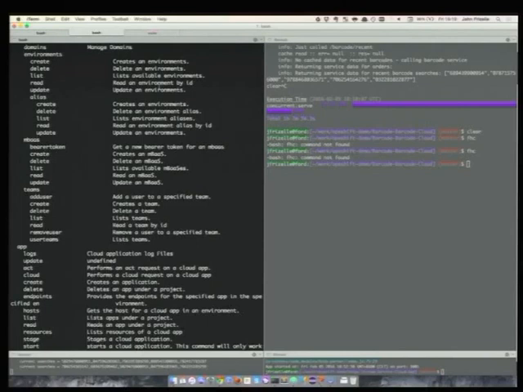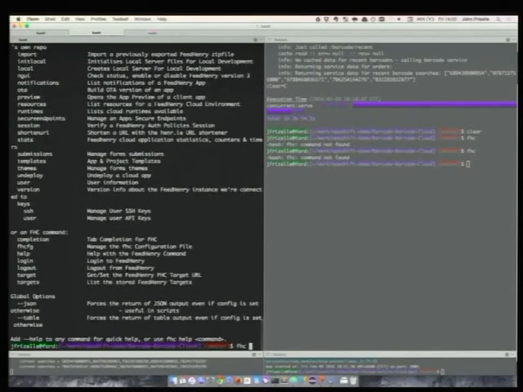And what that also means is you can include it as a library and integrate it into a CI/CD process and automate nightly builds of mobile applications, deploys of your cloud code, automatically run tests on your mobile device. There's a lot of very powerful functionality that you can get to when you have the FHC command available as a library. So let's take a look at a couple of examples.